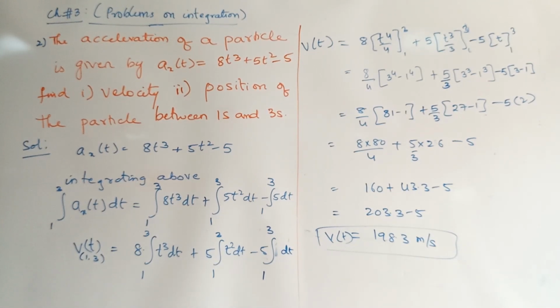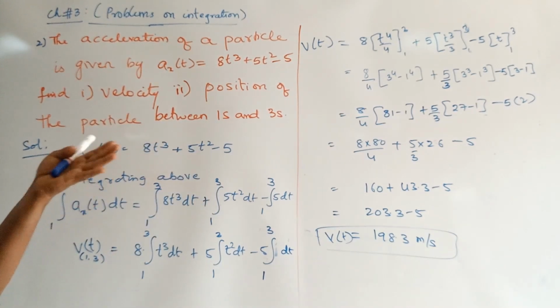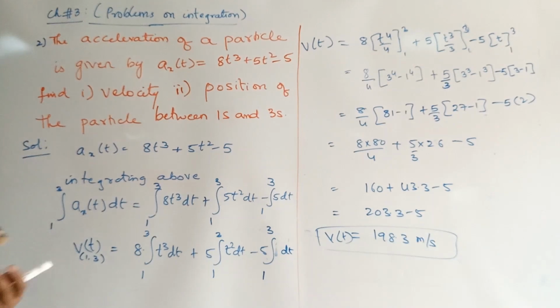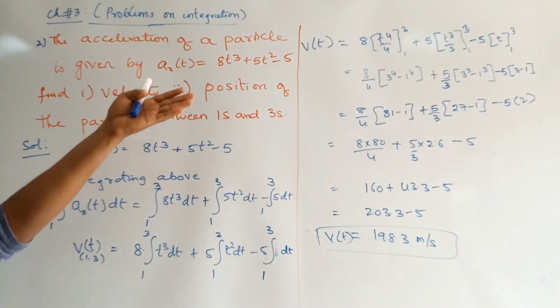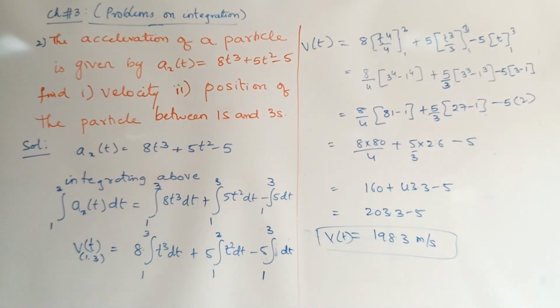Now let us go ahead to solve the second part. You can pause this and check all the steps. I am doing this randomly at a stretch, so I may make some mistakes also. If so, you can catch me and let me know that I might have done some step wrong anywhere in the middle. In that case, you can correct me. I would like to get corrected myself.